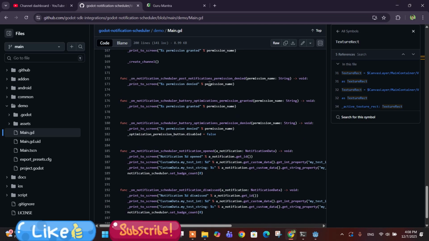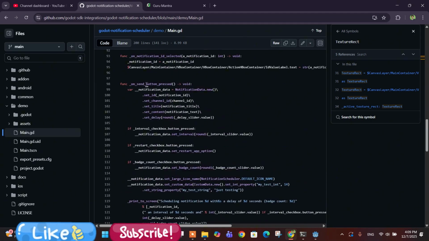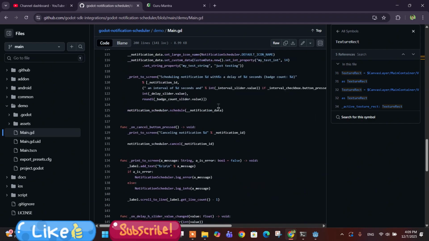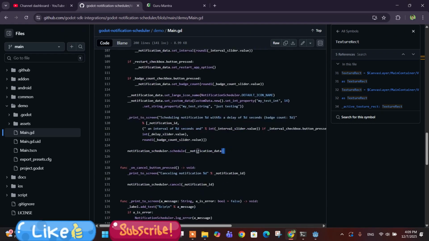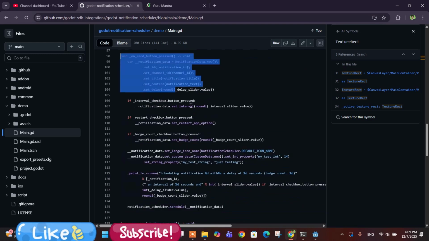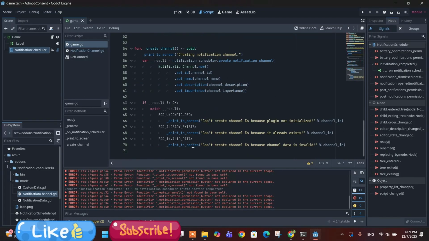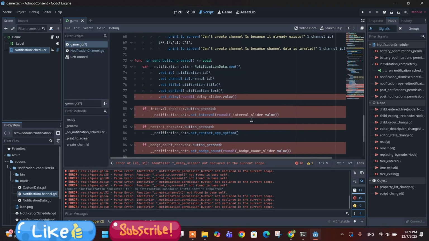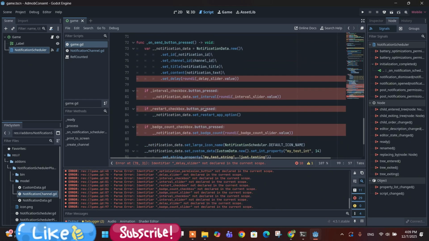On notification schedule post. Okay, let's copy this function first. Okay, on send button press function. So this has everything for sending the notification. So let me copy this whole function from here, copy, get back to our project and paste,